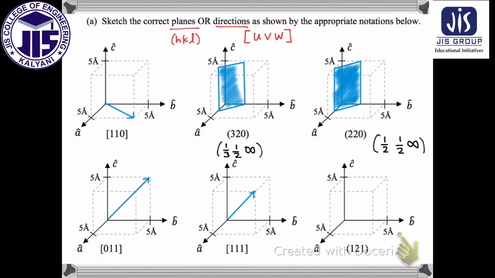We're going to take the reciprocals. So we got 1/1 is 1, and the reciprocal of 2 is 1/2, and then the reciprocal of 1 is 1. So simply connect those dots. We're going to hit the edge there for the A axis, and then, no, sorry, we're going to go halfway because it's 1/2 in the B axis, and then all the way up in C. So make a nice little triangle kind of here. And that's your plane. So pretty cool, huh?